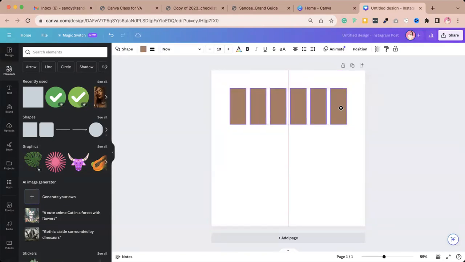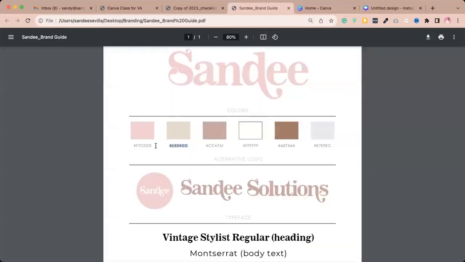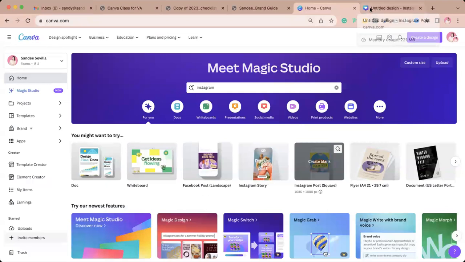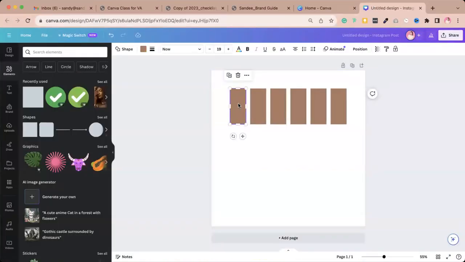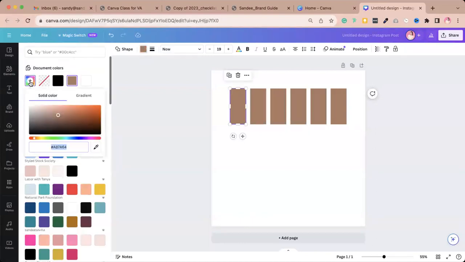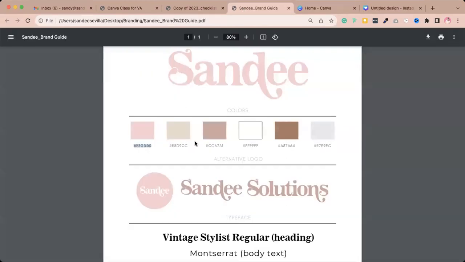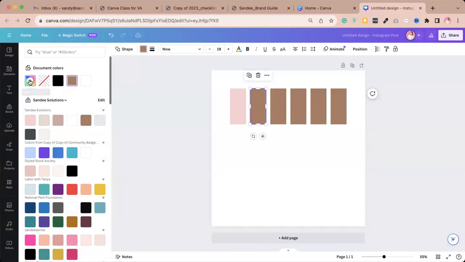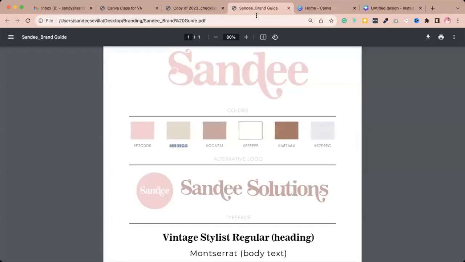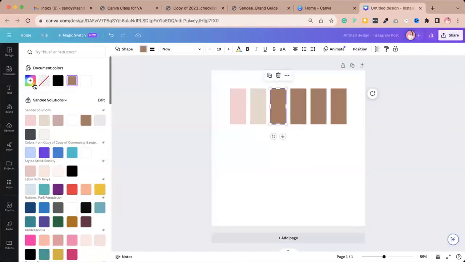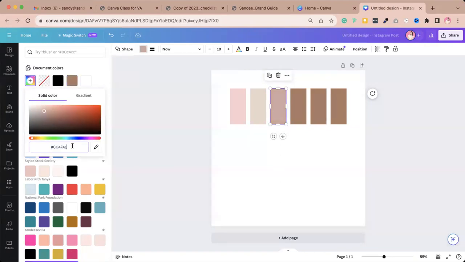Okay. And then I'll start now with saving the colors. So this one. So you click on your rectangle and then you go to your color tool and set it up here, add new color and put in the hex code. And there's your first color. And then do the same on the other colors. Add new, put in the hex code. Go back to the brand guide, copy the hex code, color tool, add new, paste the hex code,